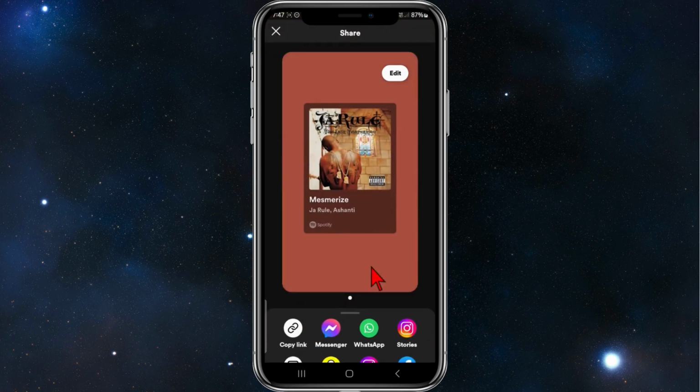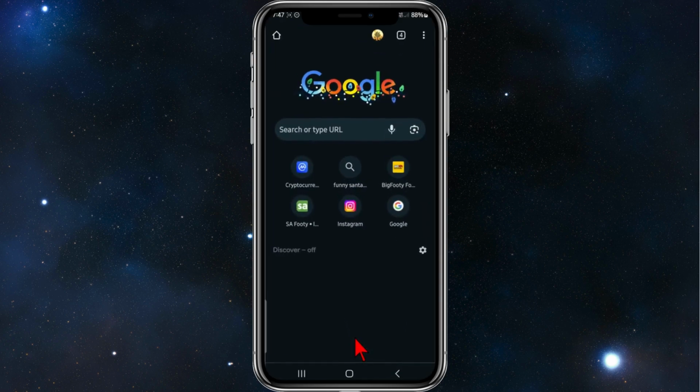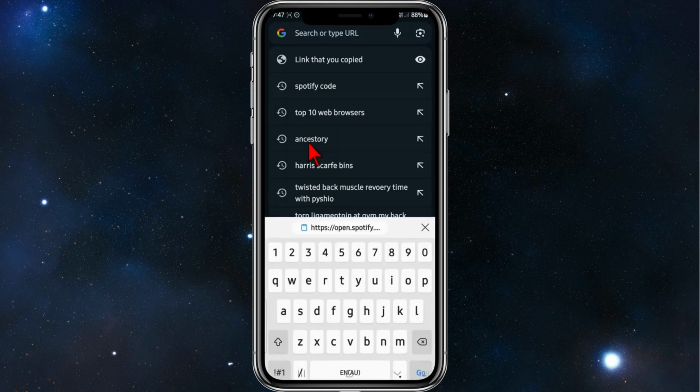And then a new page will appear. Click on copy link, and now it's copied to clipboard. We need that for later. Alright, head back to your main screen, and now I'm going to show you how to do this on Google Chrome. So open up Chrome and now type in Spotify codes